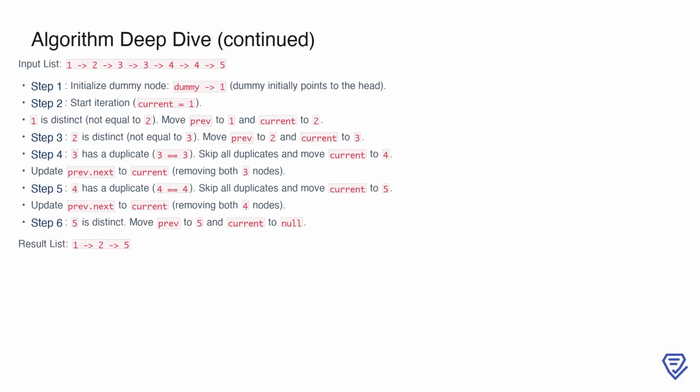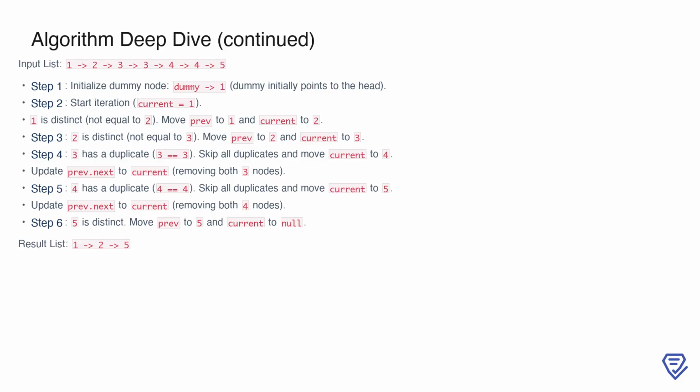The current pointer begins at the value 1. Since 1 is distinct, we move the previous pointer to 1 and current to 2. Similarly, 2 is distinct, so we move previous to 2 and current to 3. However, when we reach 3, we notice a duplicate, as 3 equals 3. We skip all nodes with the value 3 and move current to 4, updating previous.next to point to 4, thereby